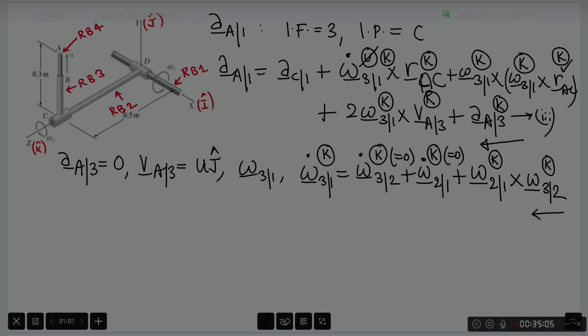It's not known currently, but then I can find AC1, and to find AC1 I am going to invoke the acceleration transfer relationship again, with my IF being 2 and IP being D. Again, these are the same choices of IF and IP that I used when I was trying to find VC1, velocity of C with respect to 1. Same choices. If I make these choices, AC1 is expressed as